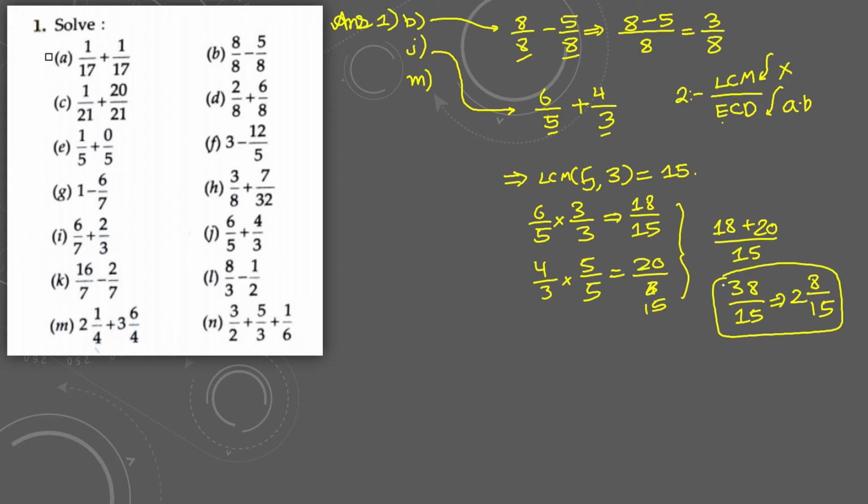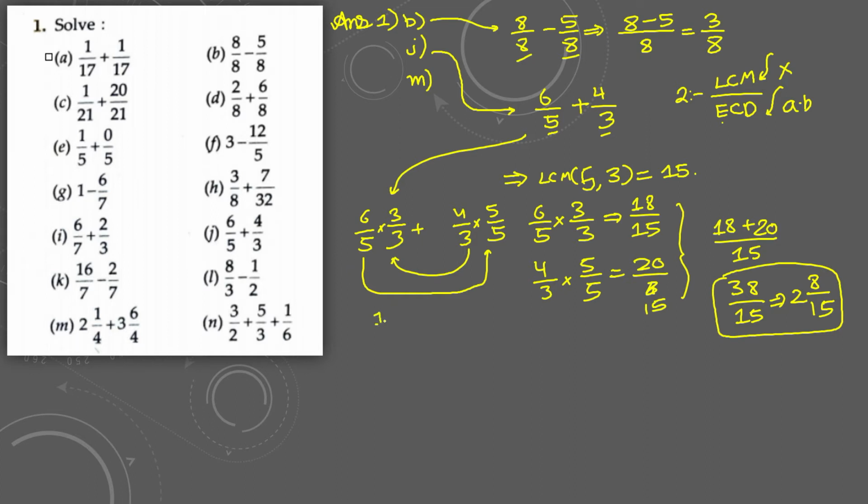But for the ECD method, we just do the easiest common denominator method. In this case, 6 upon 5 plus 4 upon 3. We multiply by the opposite denominator. That is, it is 3, so we multiply by the whole fraction 3 upon 3. And here the denominator is 5, so we multiply the fraction by the whole fraction 5 upon 5, like this. It is the same as LCM only, but as 5 and 3 are co-prime numbers and they are prime also, that's why there's no difference. But if you deal with bigger numbers, then you're going to get a difference. Sometimes LCM is pretty easy because you have to deal with small numbers, and sometimes ECD can be a little bit easier because it is a little bit faster.